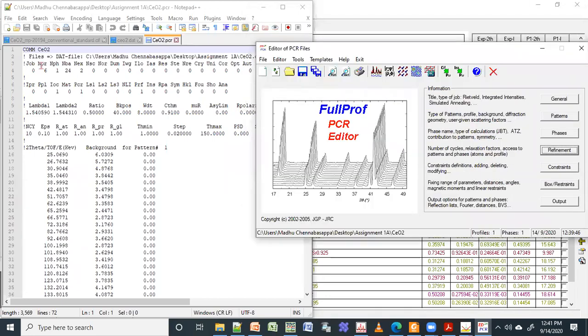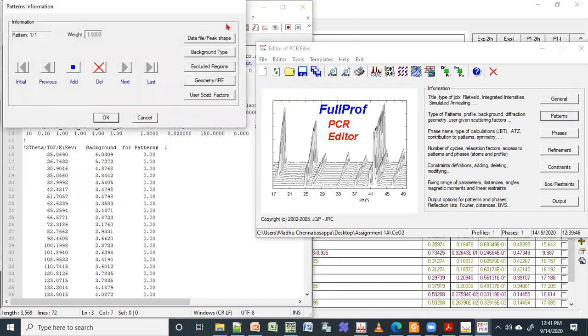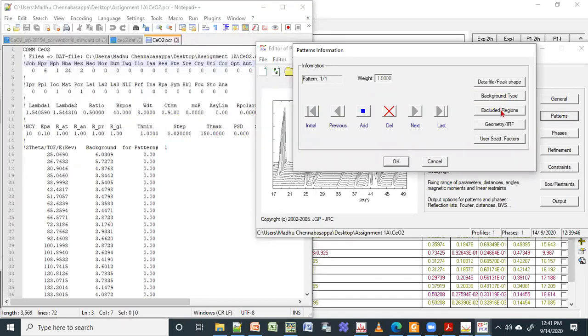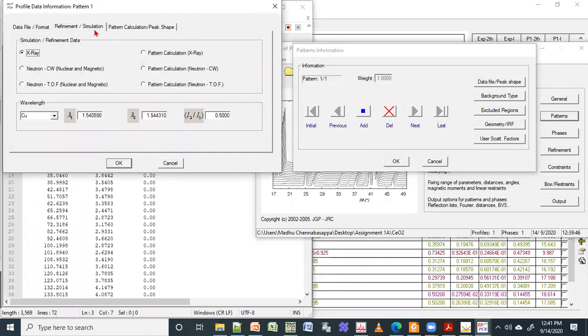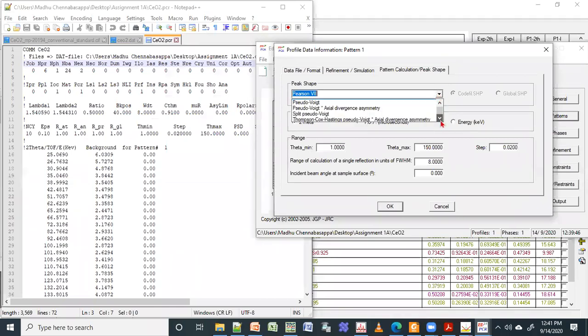Okay, so you can see here NPR. NPR is the Pearson. As I took Pearson, it is showing 6. Okay, so I go here. I will change the peak shape pattern to something else, like Thompson-Cox.